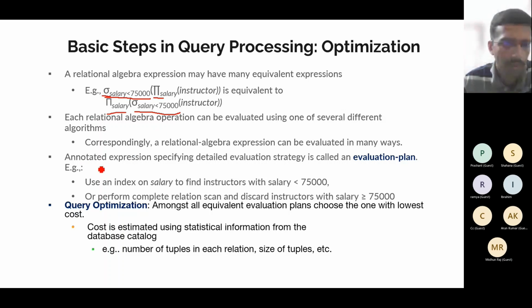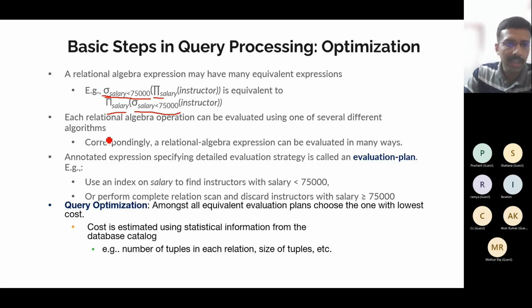So one quick question for you. Which of these do you think is more efficient, option 1 or option 2? Based on whatever we saw in the previous session, like the number of entries that I need to process, space, time and all. No need to give an explanation, just tell me option 1 or 2. Which one do you think is more efficient? Is it select followed by project, or project followed by select? Which one?